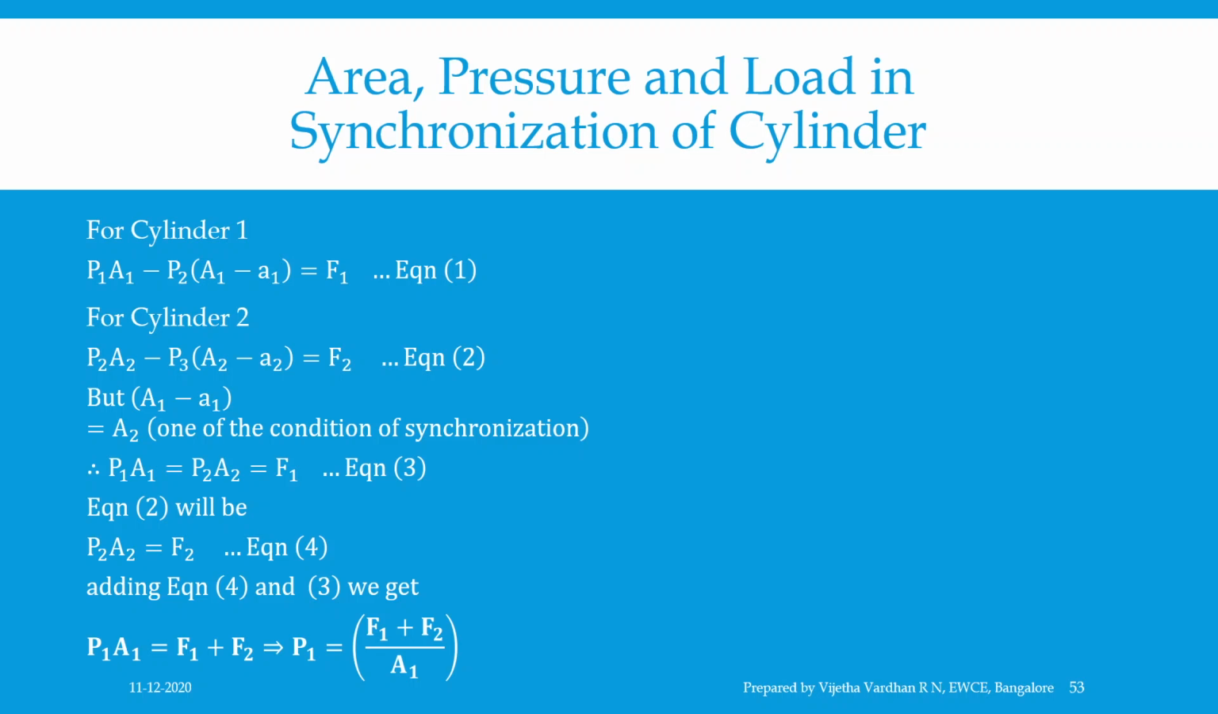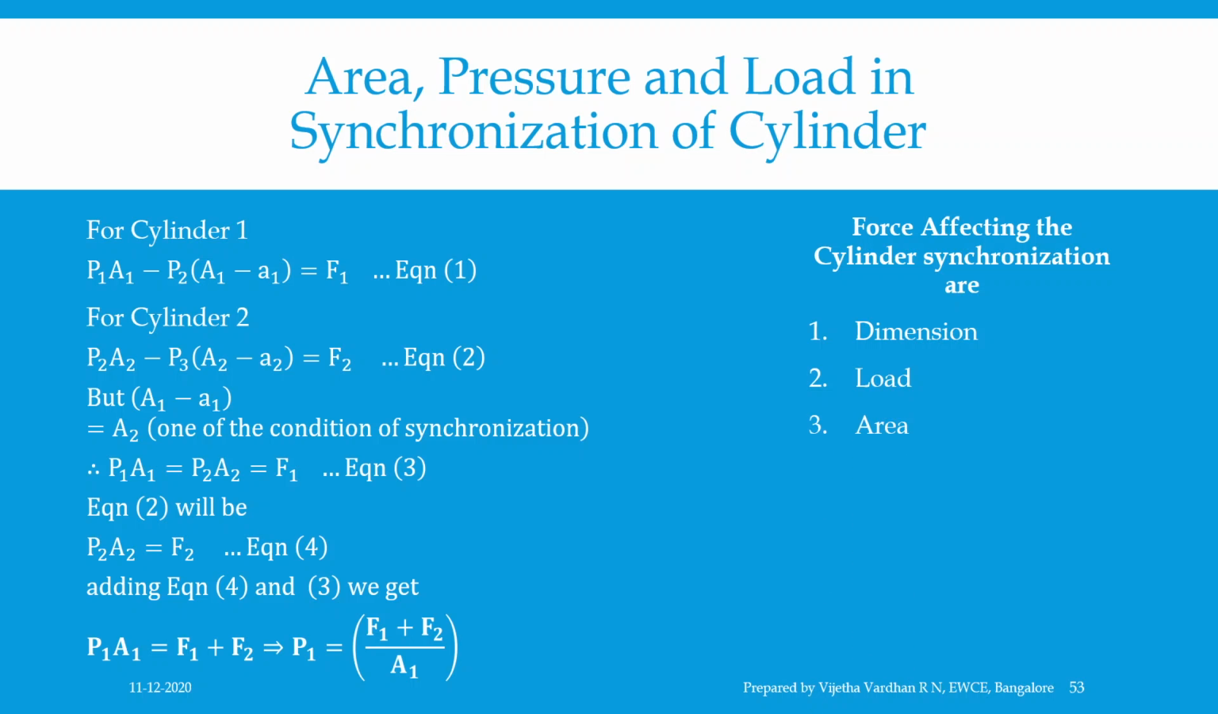And what are the factors affecting the cylinder synchronization? Let us understand about it. The change in dimension of the cylinder or two cylinders being non-identical, variation in load on the cylinder, the annular area of the rod end of the cylinder, and the pressure delivered by the pump. These are the factors which affect